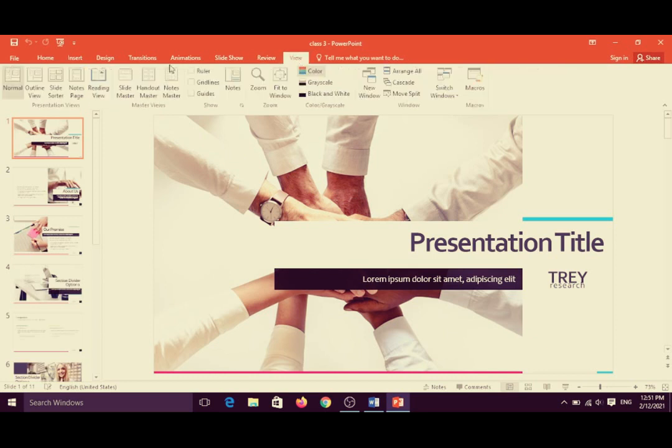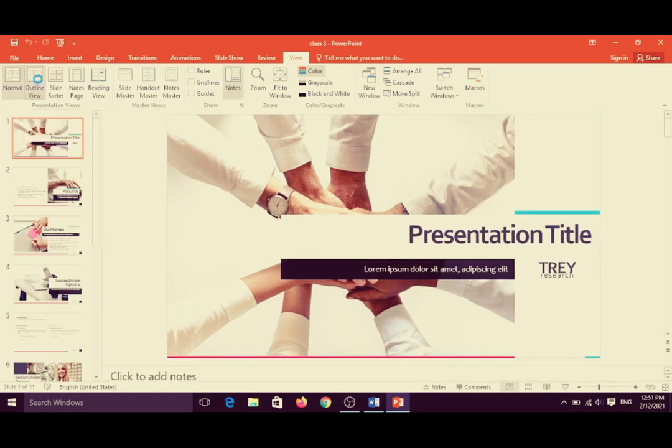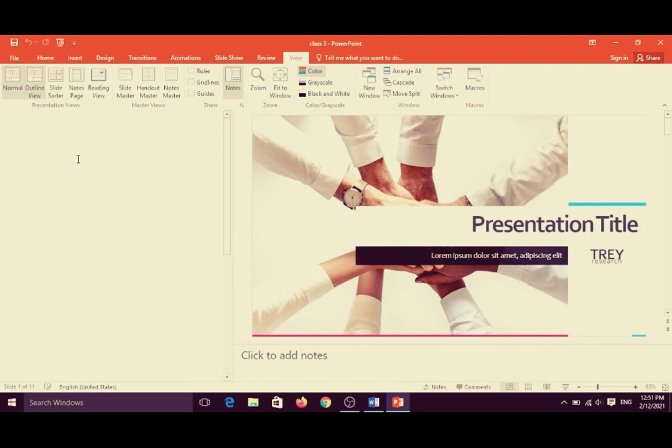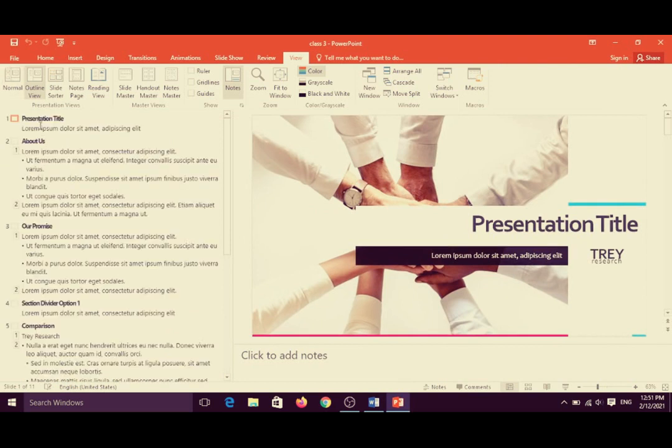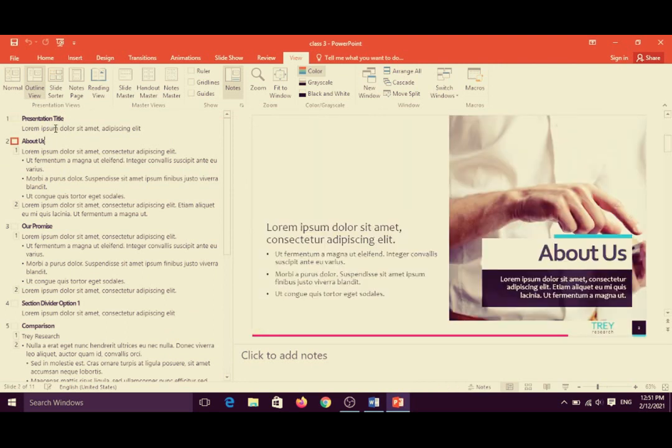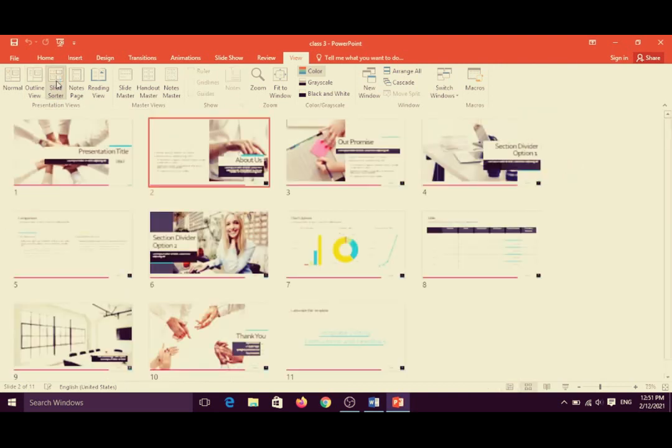click on View and check it. Now this time your Normal view is here, and this is Outline view. This side will be located, it is now Outline view. When my cursor is blinking, it is Outline view. And Slide Sorter view.